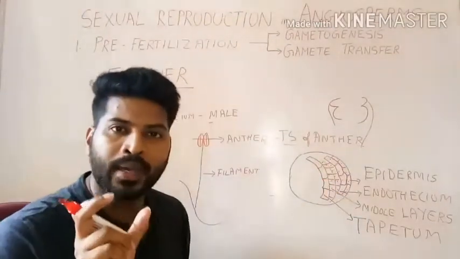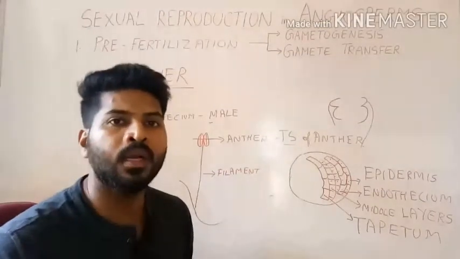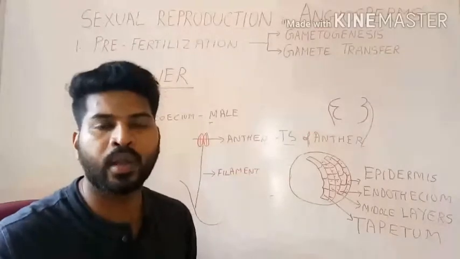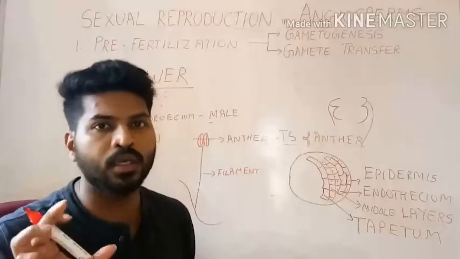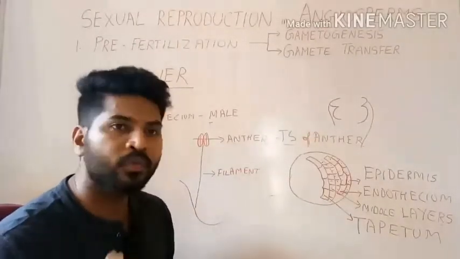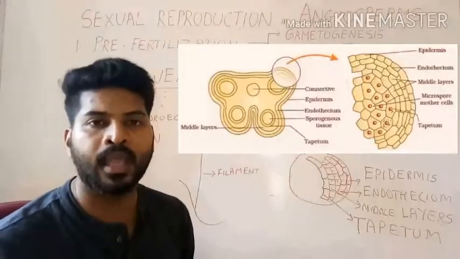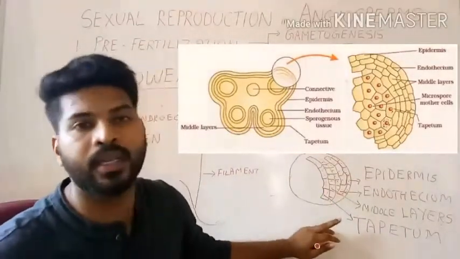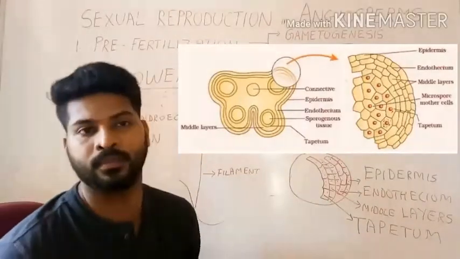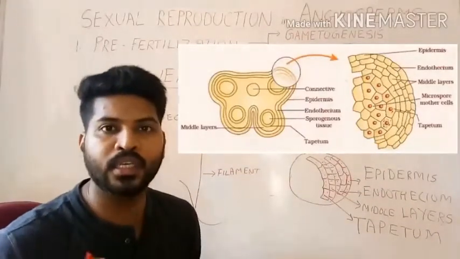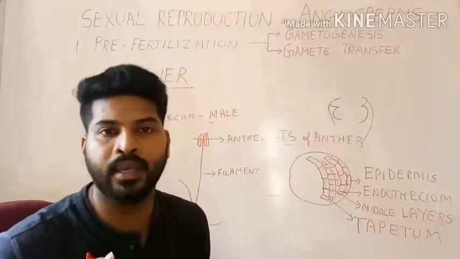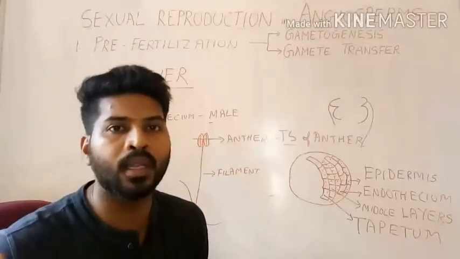Cells are quite large. They have dense cytoplasm which is rich in nutrient content. They store the food, and more often than not, they have more than one nucleus. They are multinucleate. Function of tapetum: because it is rich in nutrients, it will provide nourishment to the growing pollen